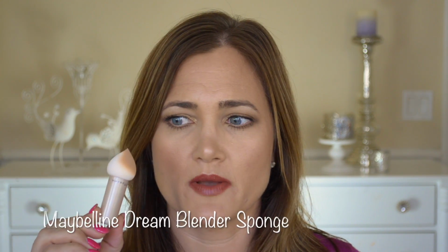Okay, so the first product is the Maybelline Dream Blender Sponge. I used this quite a few times to blend in my concealer. It does blend in your concealer pretty well, but it soaks up too much product and it is too stiff. Best part about it is this shape. The shape of it is really great, that it is this teardrop shape, so you can really get into the corner of your eyes. But because it soaks up too much product and it's just too dense for my liking,